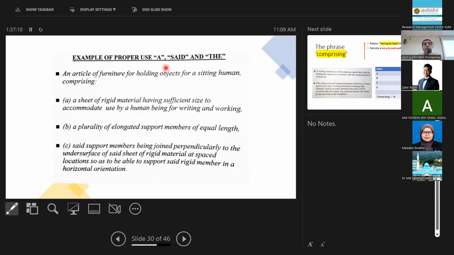Example of proper use of "said" and "a": An article of furniture, for holding objects for a sitting human, comma, comprising. We will see later what is the difference between using these words. Comprising a sheet of rigid material having sufficient size to accommodate use by a human being for writing and working, a plurality of elongated support members of equally